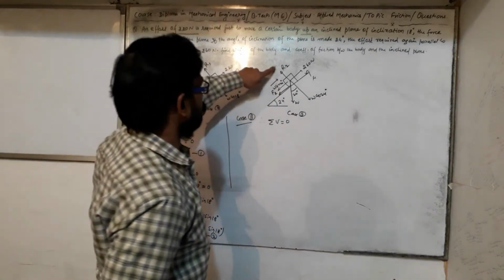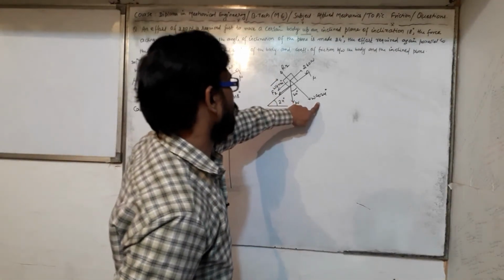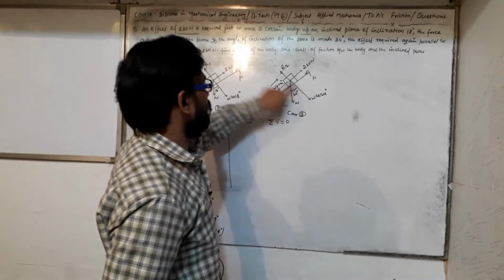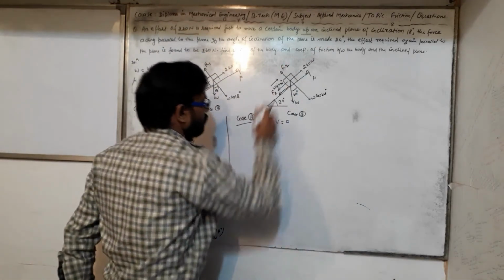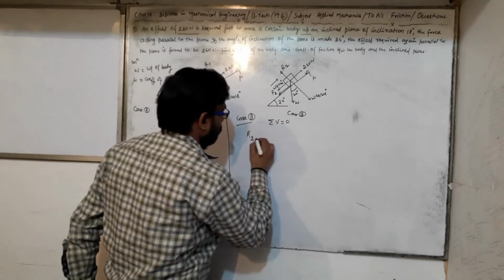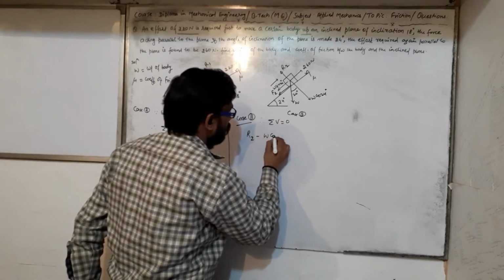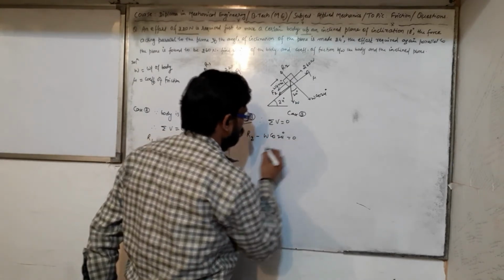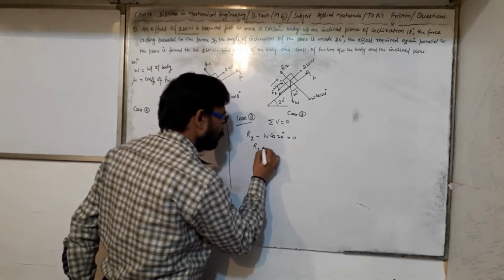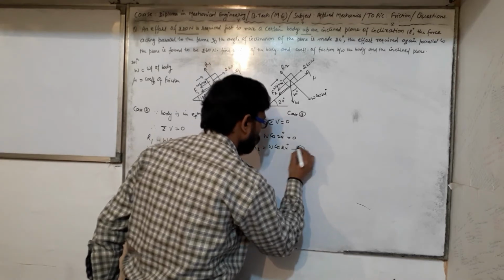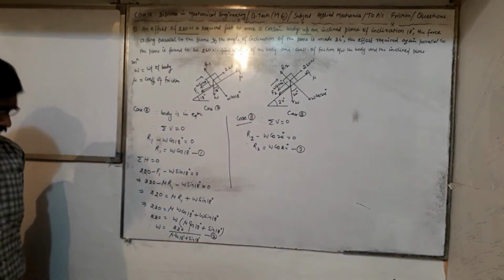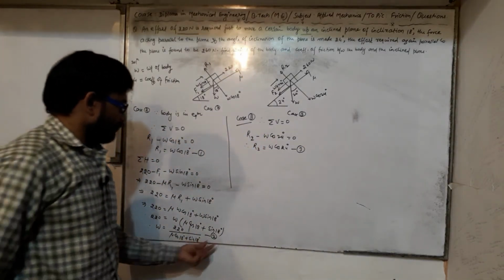Here there are two forces, one is R2, and another is W cos 24 degree acting in the direction opposite to it, vertically on the body. So we can say R2 minus W cos 24 degree equals 0. Therefore R2 equals W cos 24 degree. Let us call it equation 3, because we have already got equation number 2.